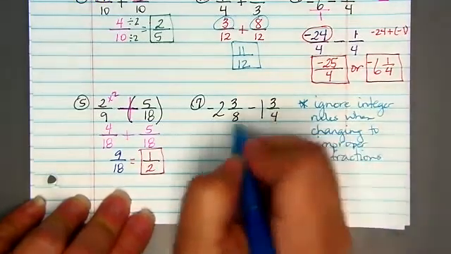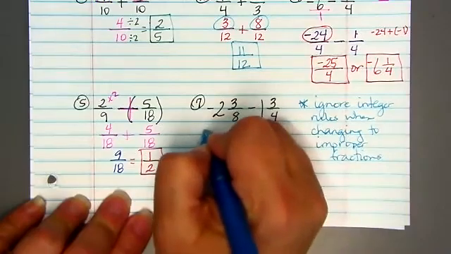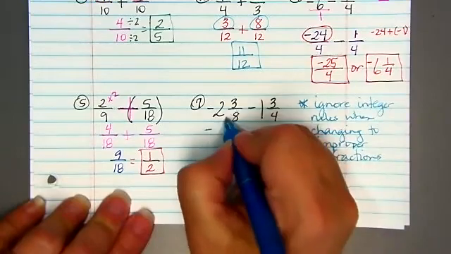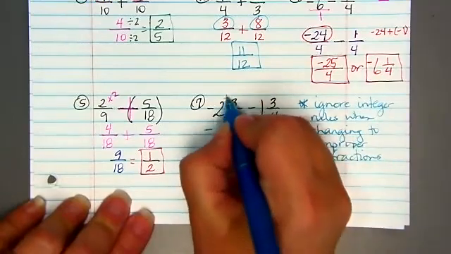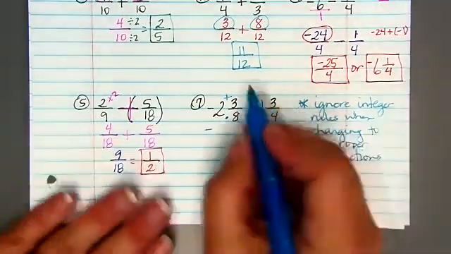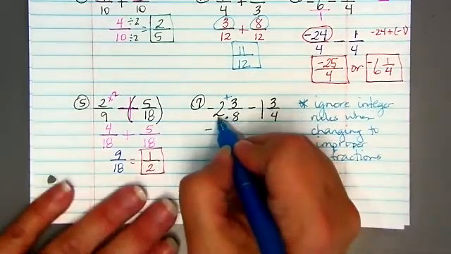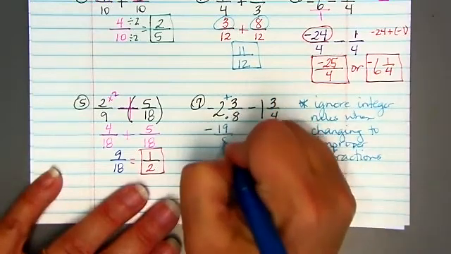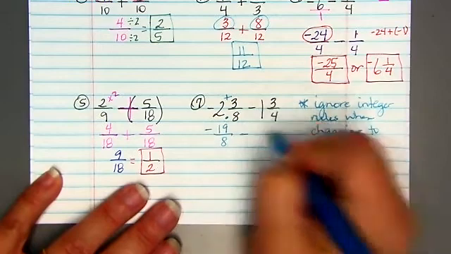So I can go ahead and just write that this is going to be a negative. I always write my negatives on the top, but it really doesn't matter. 8 times 2 is 16, plus 3 is 19. So we have a negative 19 over 8 minus